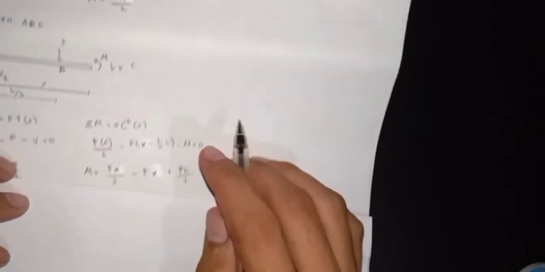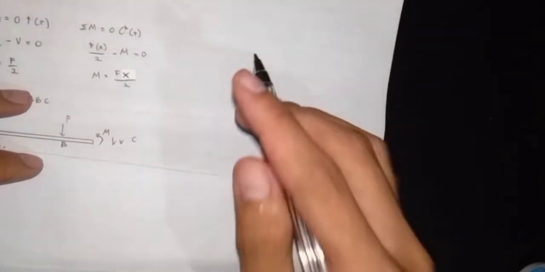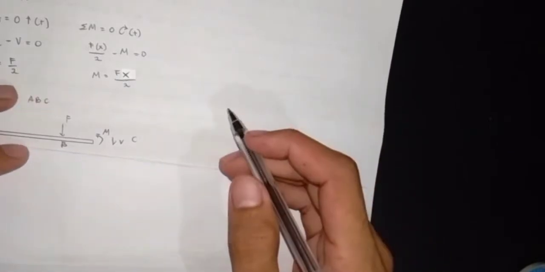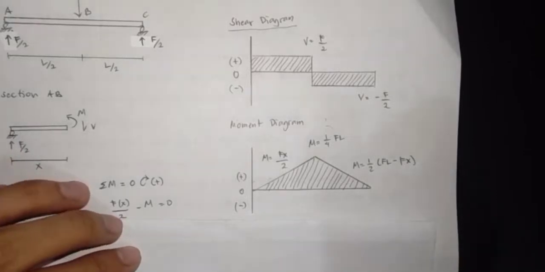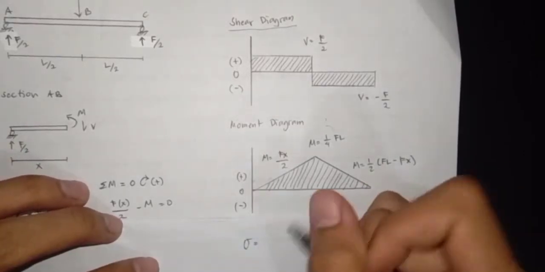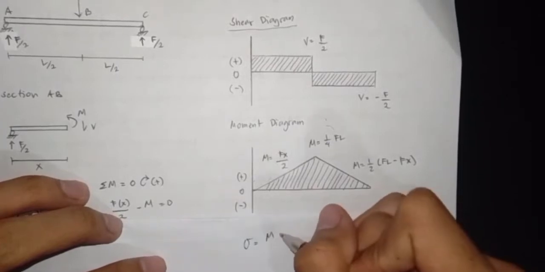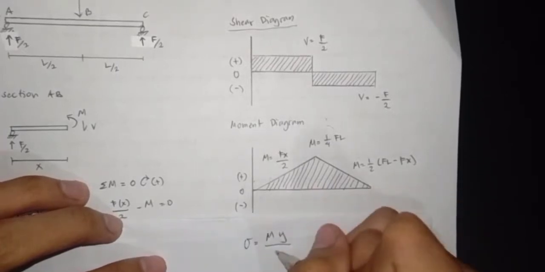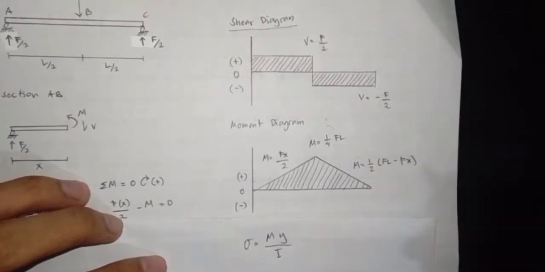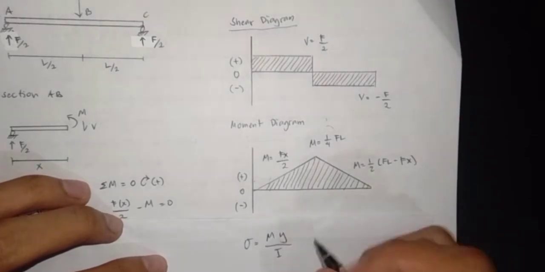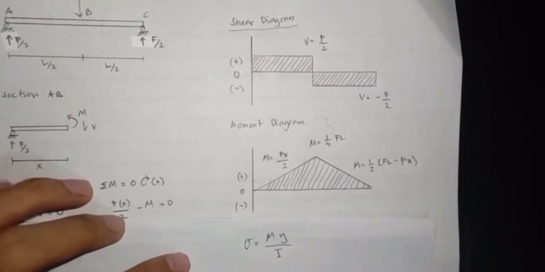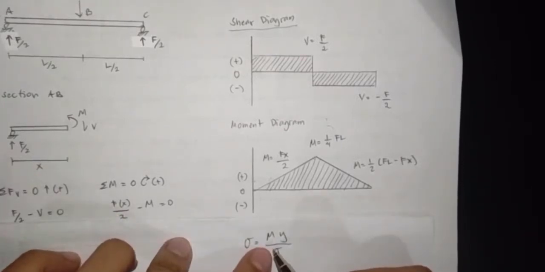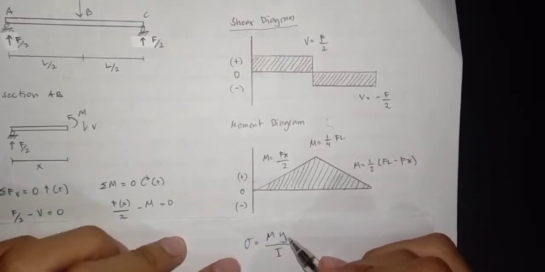So, kapag ni-draw natin yung shear and moment diagram nito, ito na yung magiging kalabasan niya. Using the bending stress equation, which is the stress is equal to moment times distance all over area moment of inertia, we can calculate the maximum stress of the beam by inserting the value of the maximum moment and the distance from the neutral axis